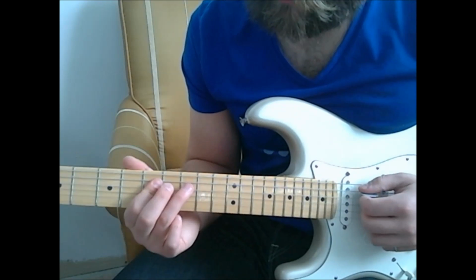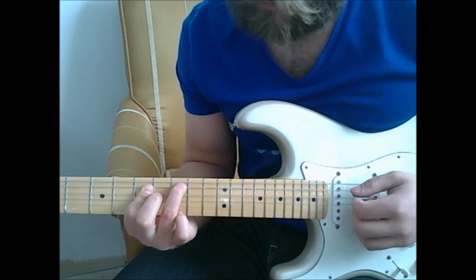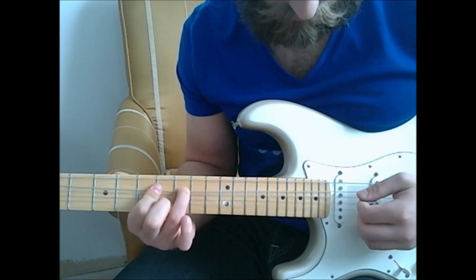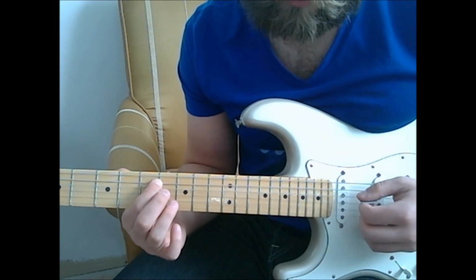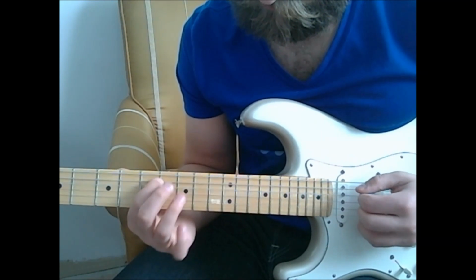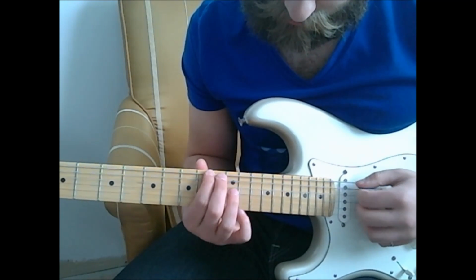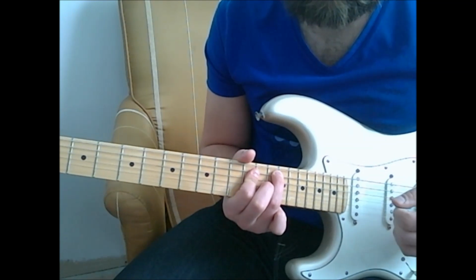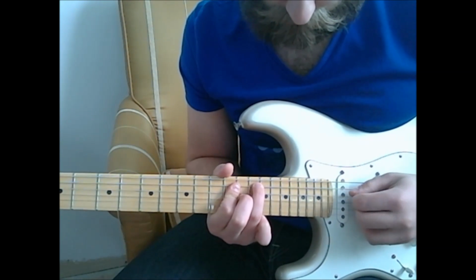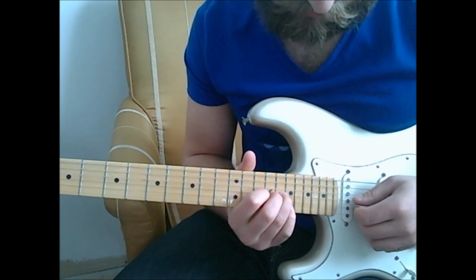And then you do a hammer on here on the A string. It's 7, 9, and then up to the 7th on the 3rd string here. And then down to the 7th on the A string. Back up here again, 10th fret on the low E string. Then 12, 14, 12. Back to the 14th, but instead of sliding down to the E again, you go up and take on the